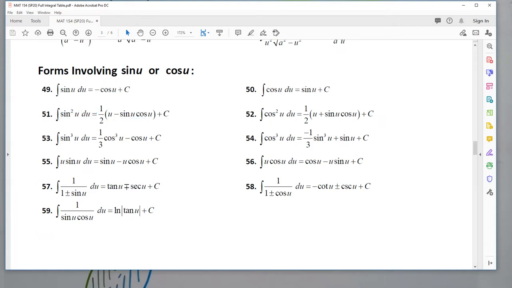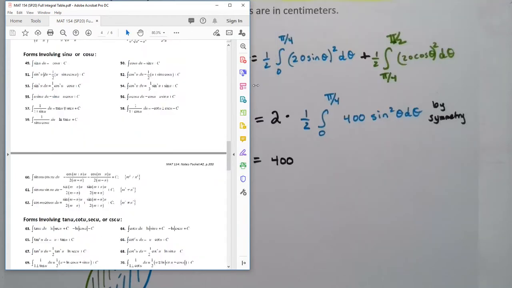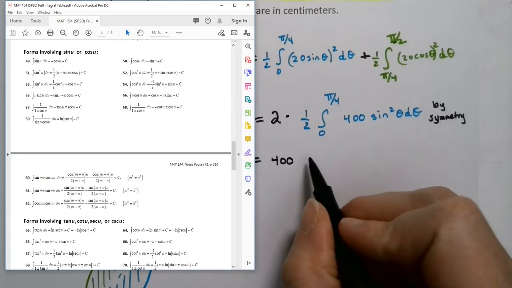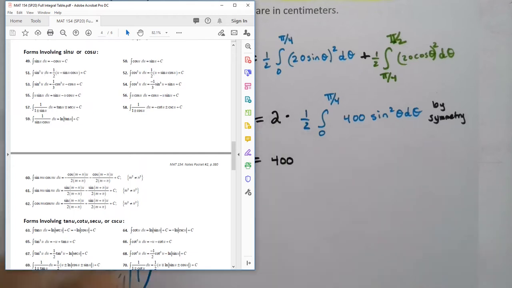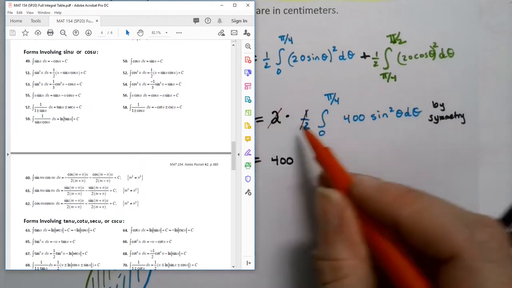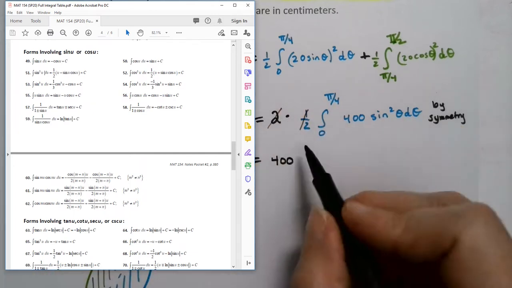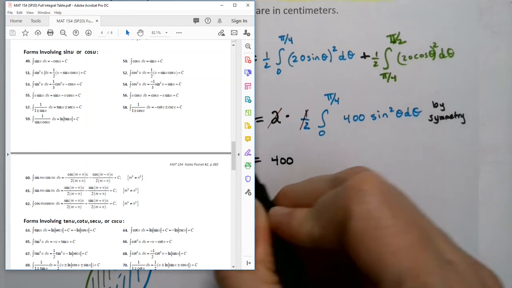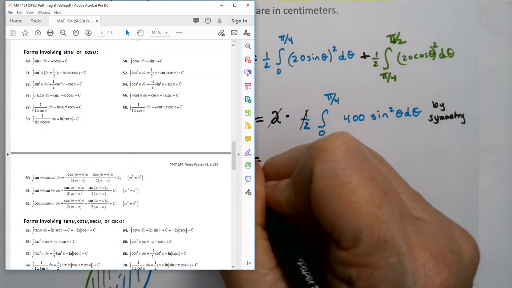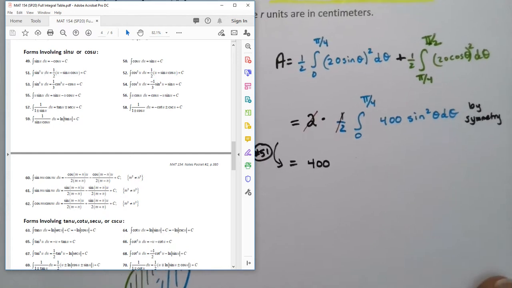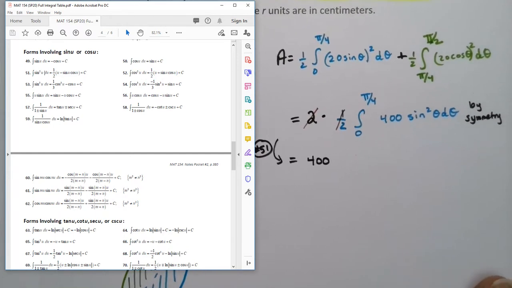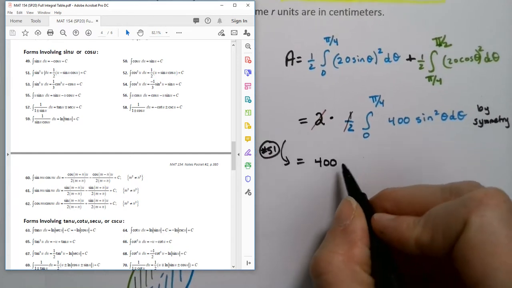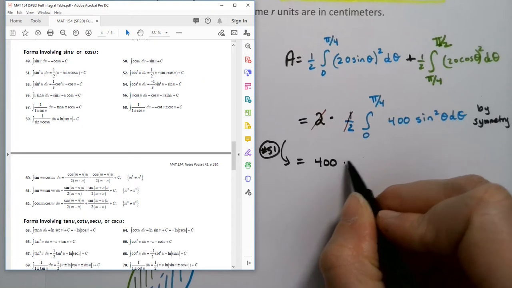This is a really simple problem. So we're going to use formula number 51. So let me write that over here, just so I can see it while I write real quick. So this is equal to, now remember these crossed off, so they kind of went away because 2 times 1/2, and I've got my 400. So now by formula number 51, because if I'm going to use a formula in the table, I always have to state it. So that's equal to 1/2, and then